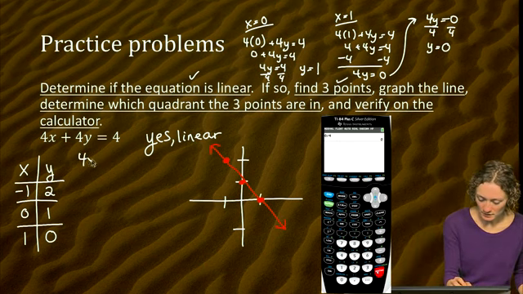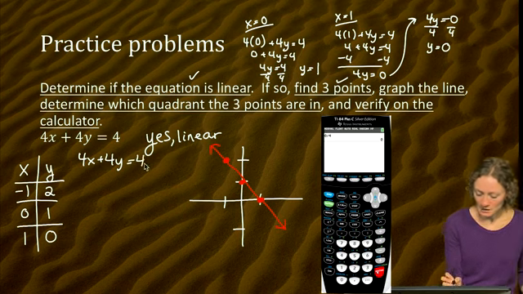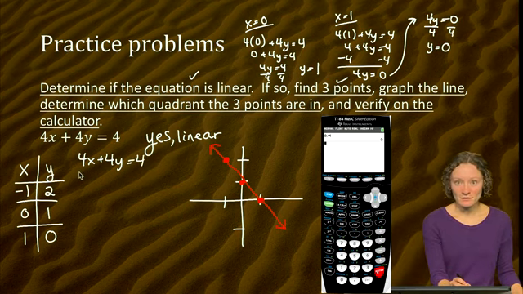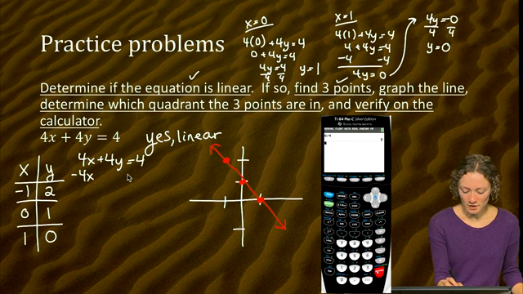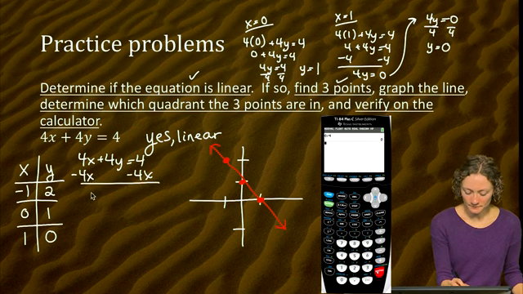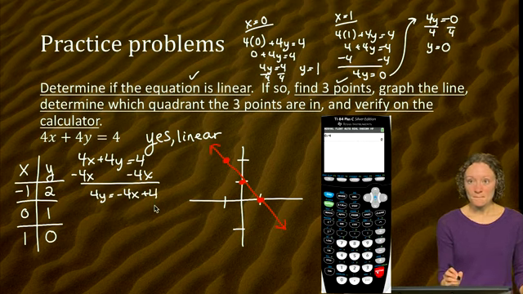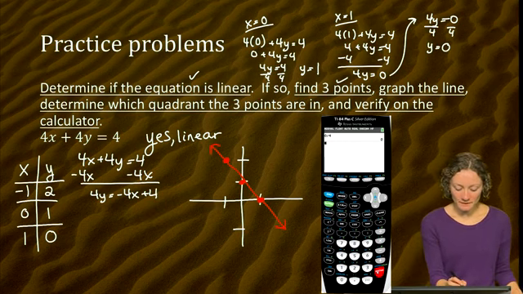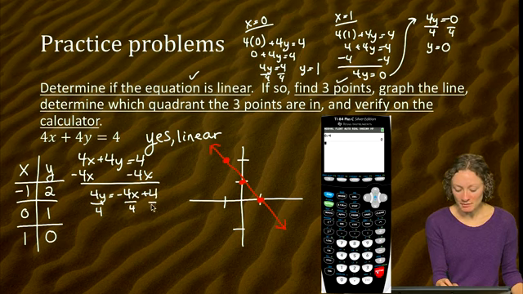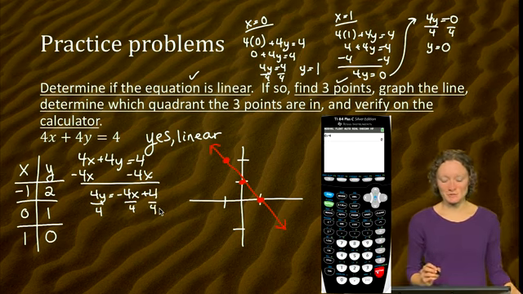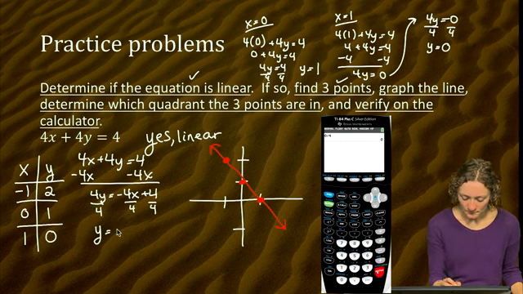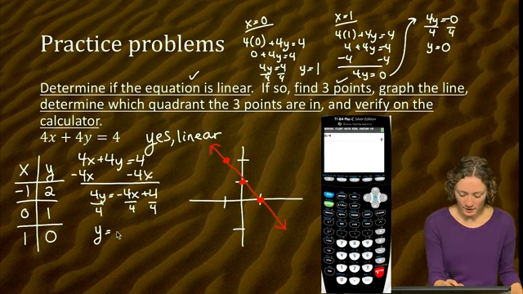Okay, 4x plus 4y equals 4. If we want y by itself, undo everything happening to it. Subtract 4x from both sides. And then divide everything by 4. Now you have the choice of dividing everything or each individual piece by 4. For this one, dividing each individual piece will be more helpful. We get y equals -4 divided by 4,